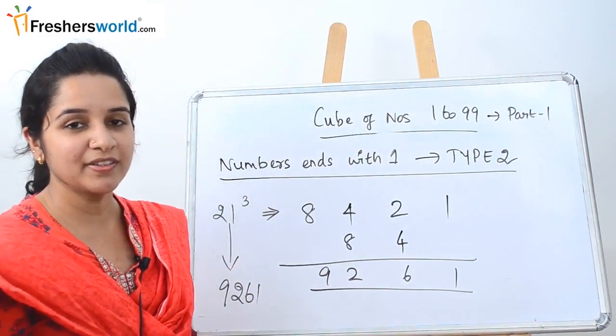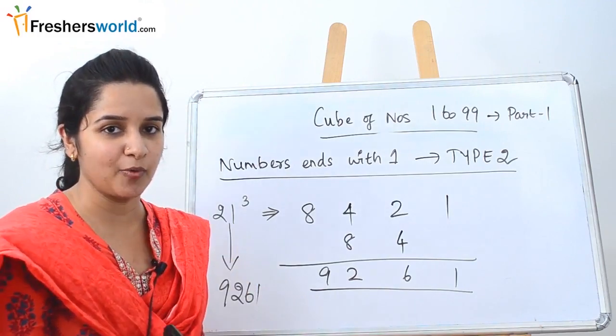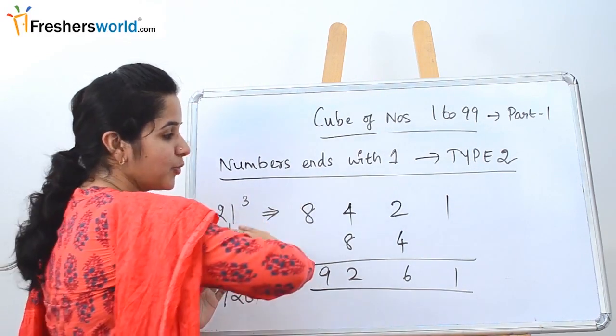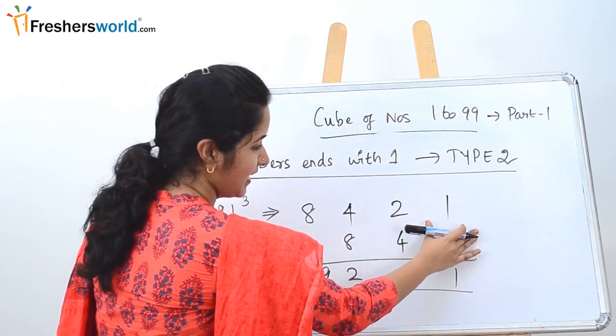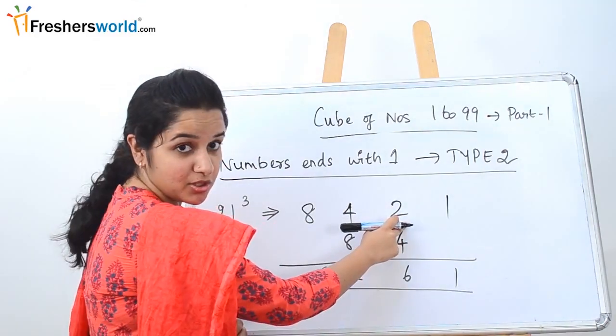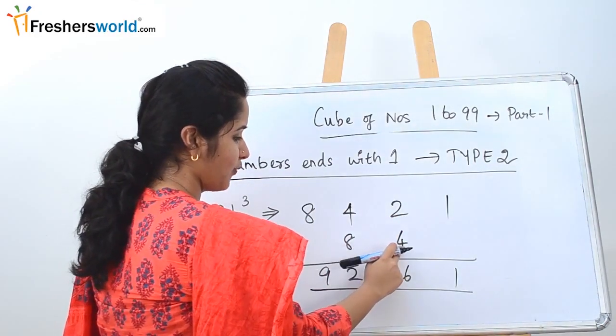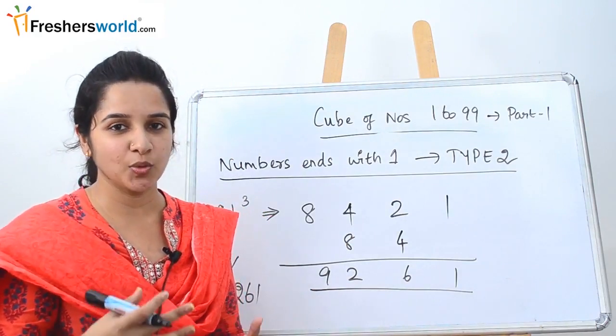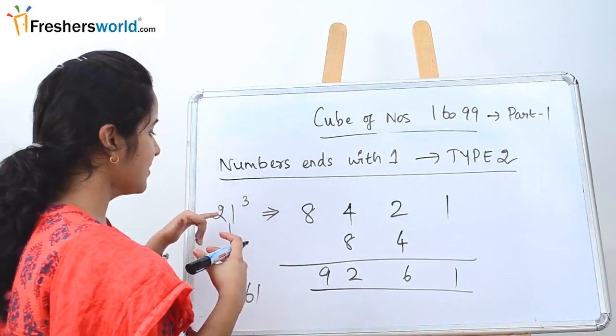So how did we solve it? In the same way that we did for type 1 with one minor change. Instead of putting the 21 in the first two, we put it in the last two. So 21 at the end, 2 square is 4, 2 cube is 8. Multiply the middle two digits by 2, which is nothing but 8 into 4. Then you are going to add it in the same way. Once you do this, you will easily get the cube for problems where the numbers end with 1.